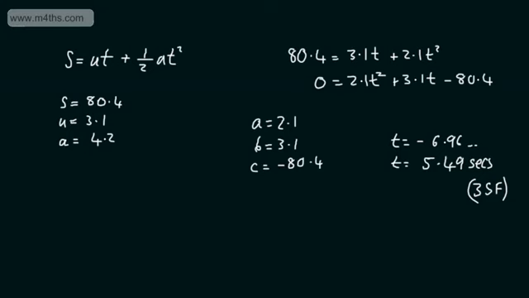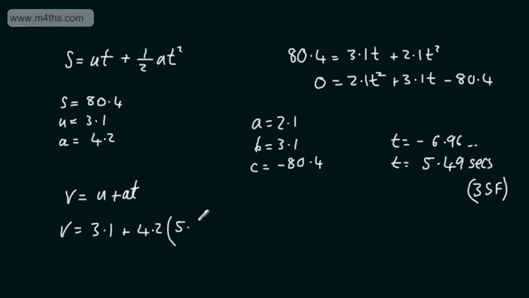So for example, if I wanted to find the speed this particle, or whatever we were looking at, was doing at this time, we can use an equation, v is equal to u plus at. This is telling me that the velocity is the initial velocity plus acceleration times by time. So we can say that v is equal to 3.1 plus now 4.2 multiplied by my answer, which I've got